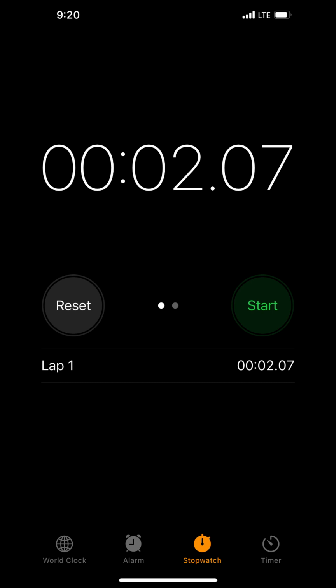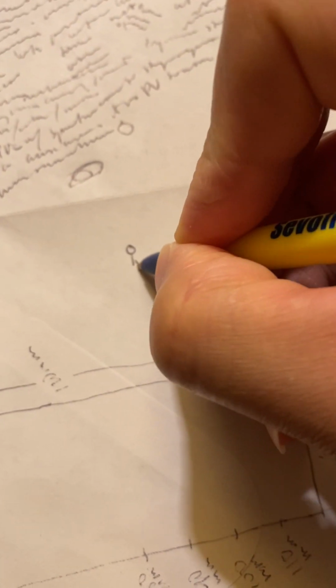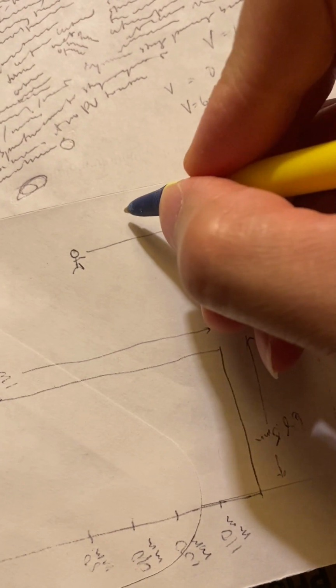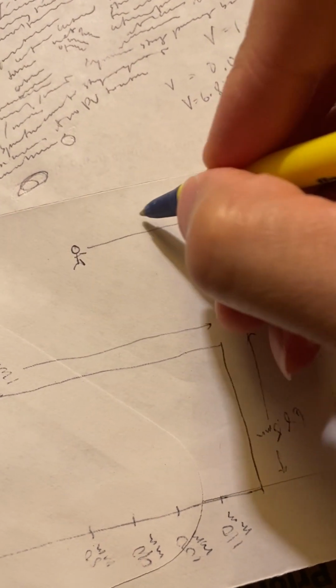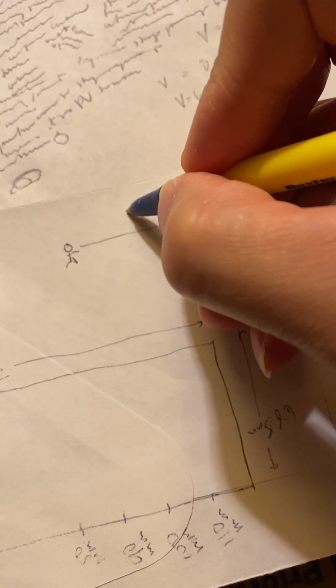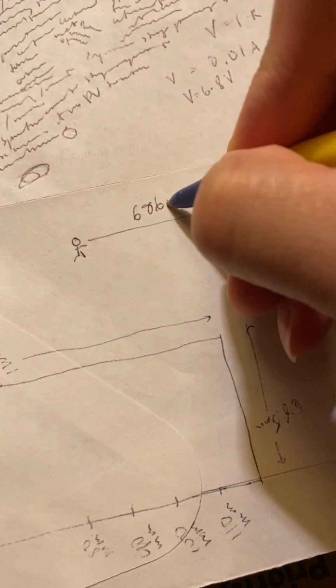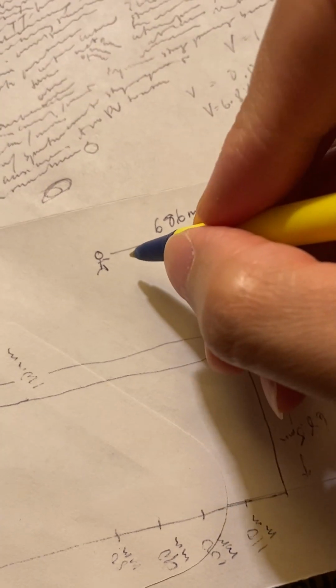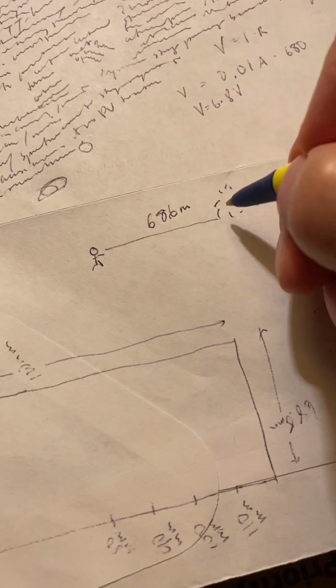was about 2 seconds. So if I'm standing here and the firework blows up somewhere over here, and I hear it 2 seconds later, and I know the speed of sound is 343 meters a second, then roughly this is 686 meters. So I could do that, leave it at that, but that's not entirely accurate because the firework doesn't